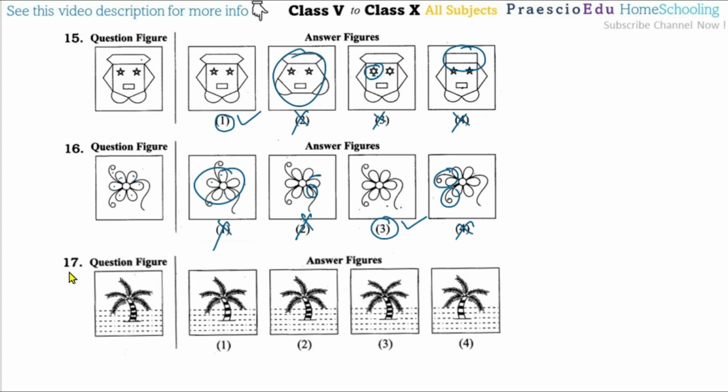Then for question number 17, here 1, 2, 3 and 4 steps are there, here 1, 2, 3, so this is a different one. Then 1, 2, 3, 4, 1, 2, 3, 4, 1, 2, 3, so these are also different. Now between options 2 and 3 we have to observe: here 1, 2, 3, 4 and 5 leaves, and here 1, 2, 3, 6 leaves are there, so this is also incorrect. So option number 2 is perfectly similar.